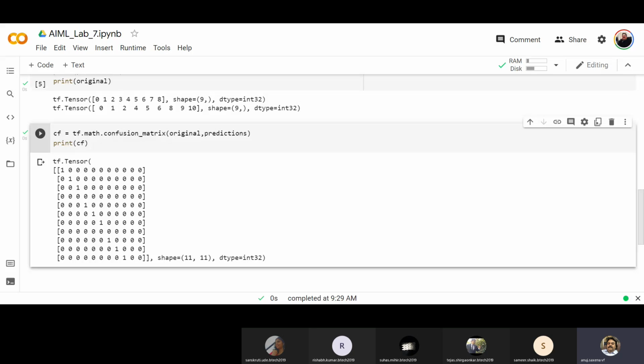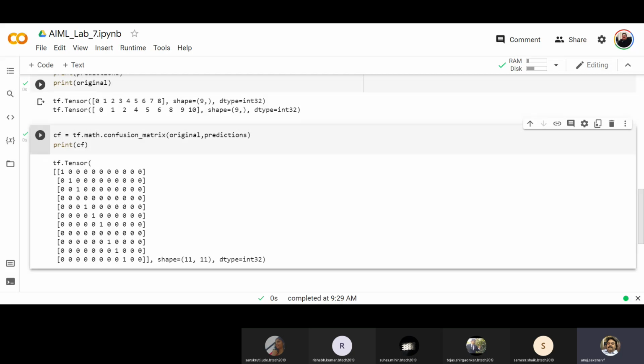So in the diagonal, you can see that some of the data is not matching, right? And here also you can see that the labels are not exactly what they were: 1, 2, 4, 5, 6, 8, 9, 10. And here we have one extra 10, okay? That's why the shape is 11 now. 10 is not there at all